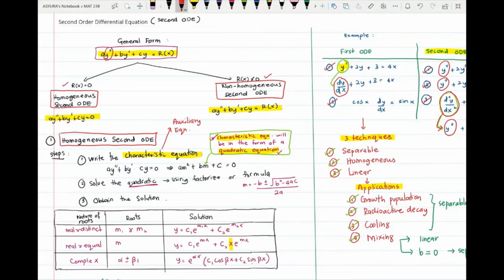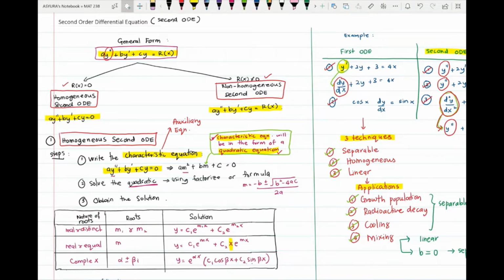How to write the characteristic equation? If your general form of the homogeneous second order ODE is ay double prime plus by prime plus cy equals 0, then your derivative equation will be written as a quadratic equation. So in this case, your y double prime will be written as